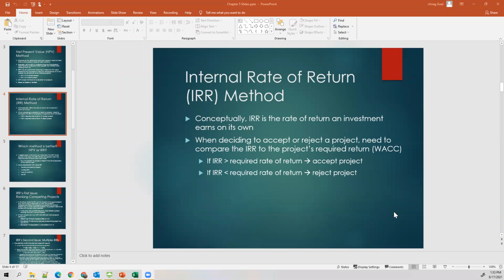Hello all. In this video, we're going to discuss internal rate of return, which is called IRR. In the last video, we discussed NPV, which is net present value. So what we are doing is discussing different methods of analysis of project cash flows when we are working